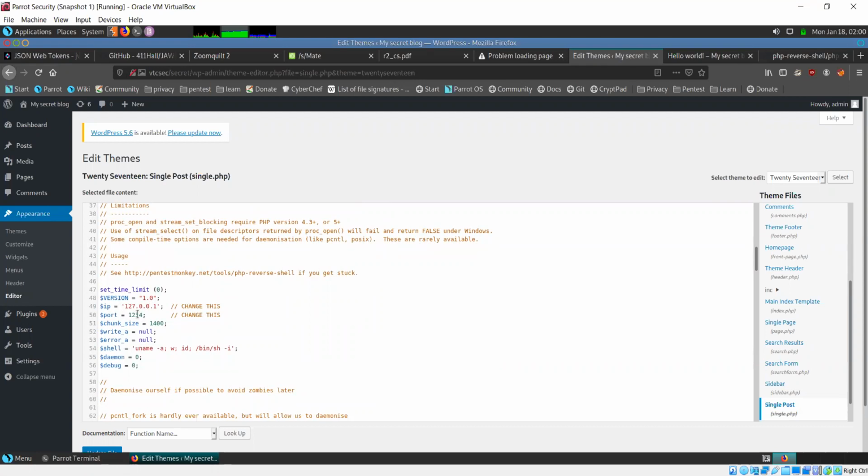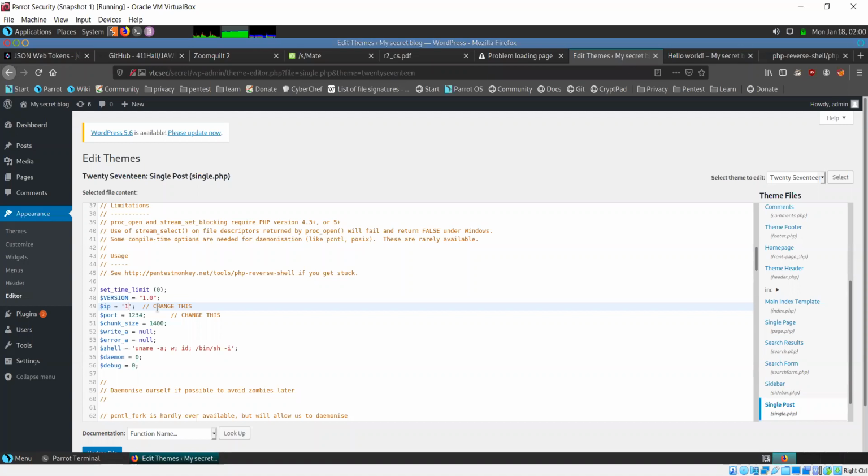Now, since this is a code for the reverse shell, it needs to know an IP, and what IP should I specify here? System IP. Our system IP. So the IP for my system, so that for the reverse shell, it will know where to connect to.